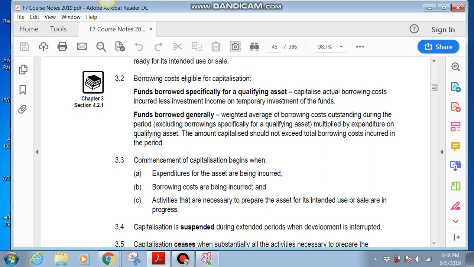Then we have funds borrowed generally. Now, for funds borrowed generally, we use a weighted average of borrowing costs outstanding during the period, multiplied by the expenditure on the qualifying asset. Let's simplify this one as well. You may borrow